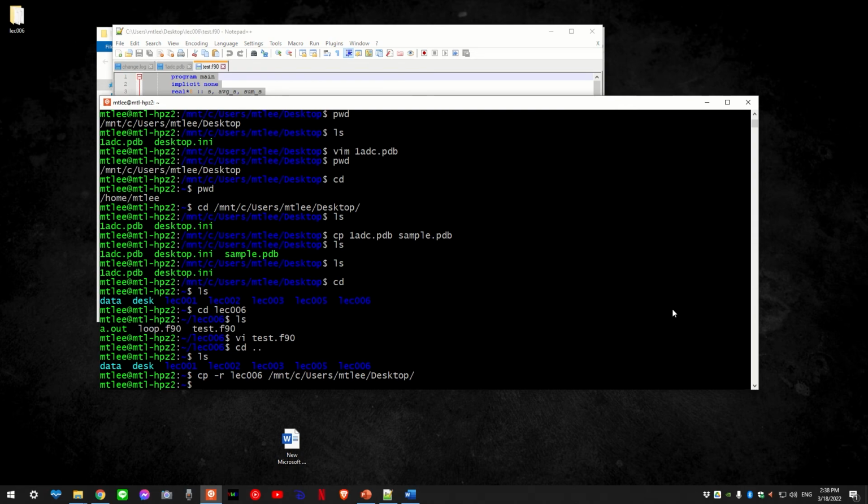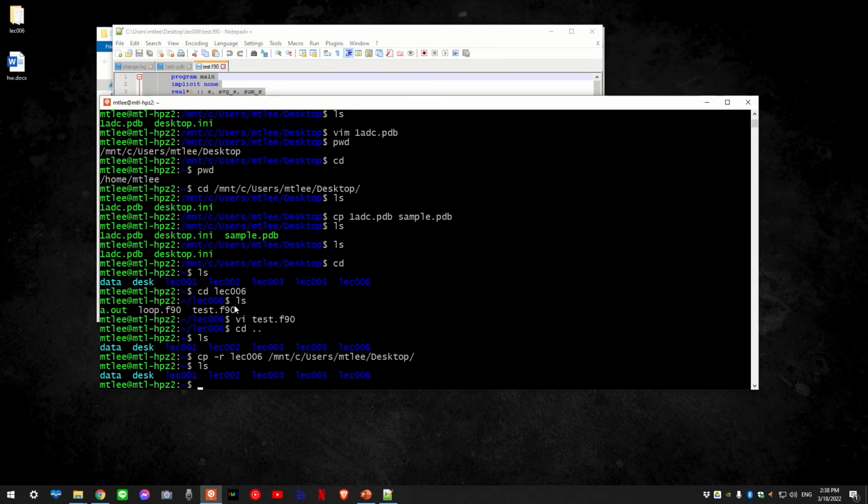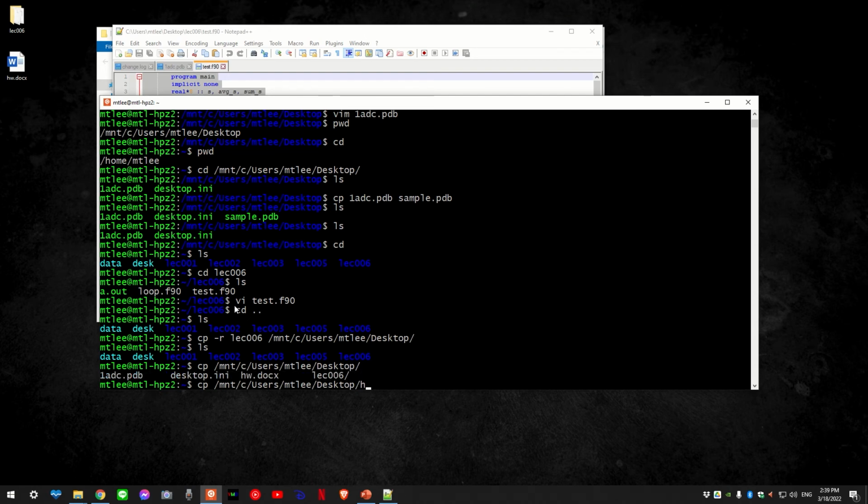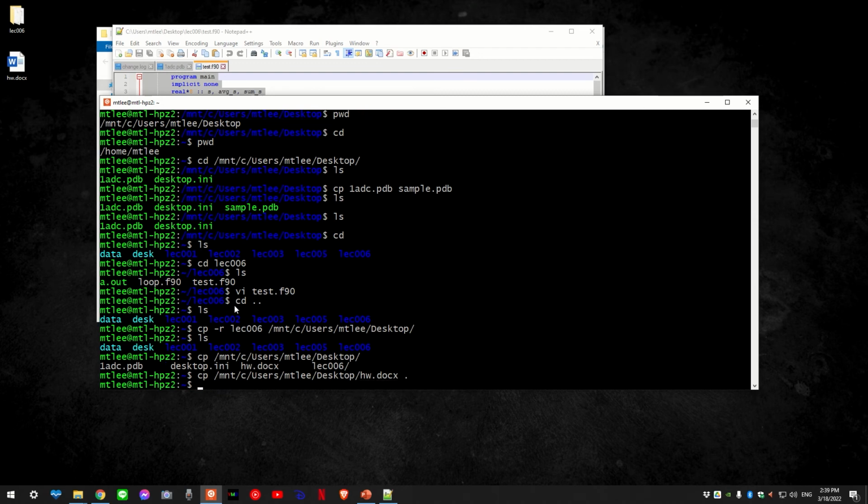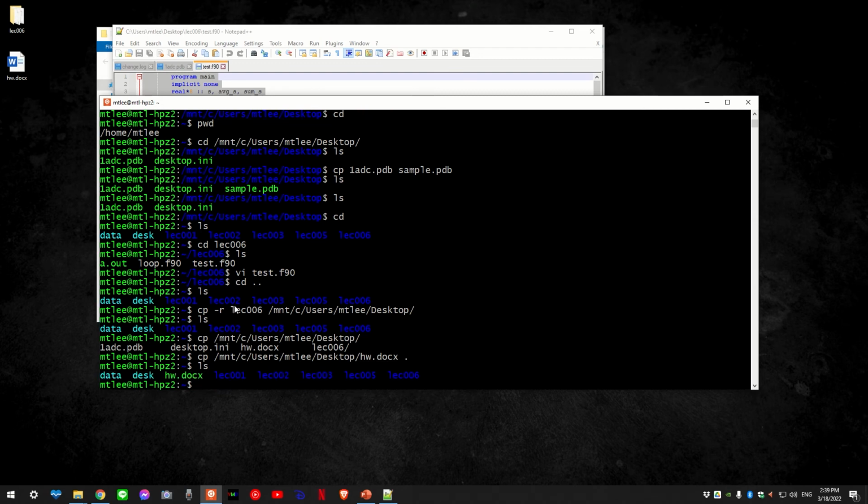You can also copy things here. Like I create a Word document and say homework. Say this is my work folder. Okay, this is in Linux. I can copy the one on my desktop, this is homework.docx, to here, right? I can do this, right? See?